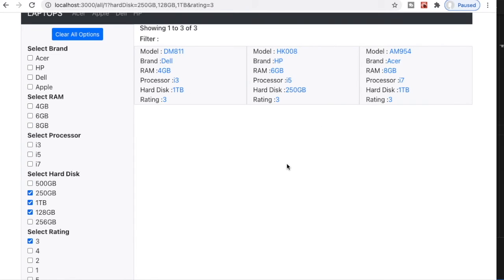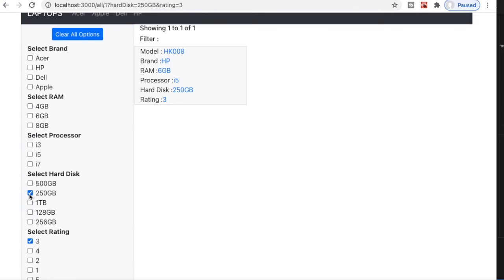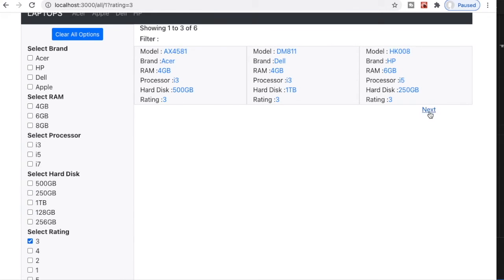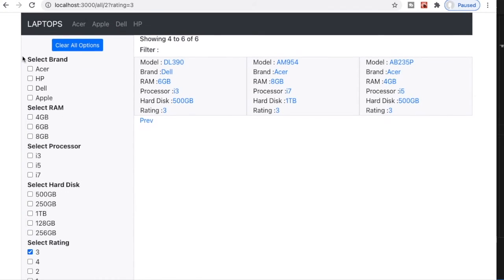We can just keep on doing our paginations or whatever we want, and this will keep on working with it. So this is how we can run this, wherein now we have checkboxes, and with every change of it, it is happening. Let's also test our clear options. Is that working? Now if I click on clear options, you can see everything has been cleared and it goes back. Let's test it again, and this is also working fine.